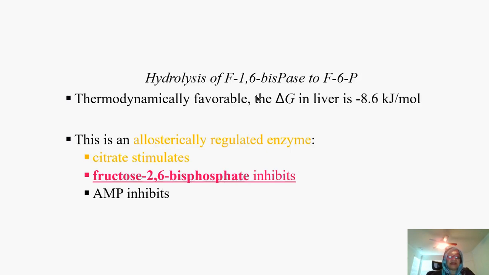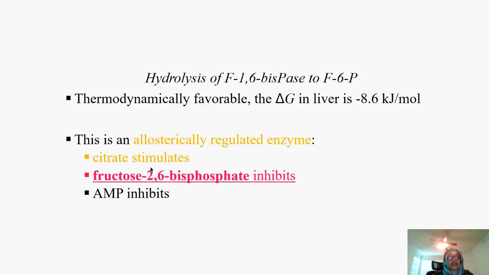We have some other factors and some other molecules that will help you understand the status of the energy and how the enzymes will be activated. So one of the steps is that we need to hydrolyze fructose 1,6-bisphosphate. By hydrolyzing it here, we mean that we need to remove one of the two phosphates to get to fructose 6-phosphate. This requires an enzyme, and we talked about it. It's a phosphatase enzyme, and this enzyme is regulated by 2 or 3 conditions.